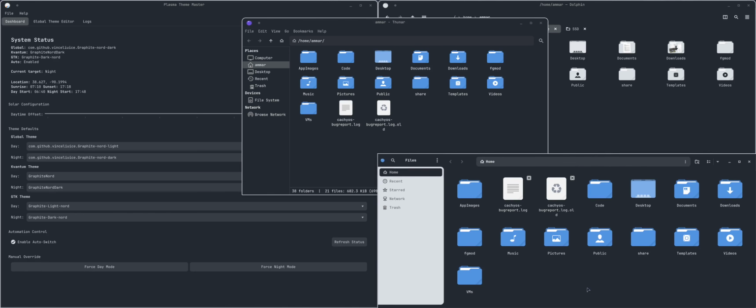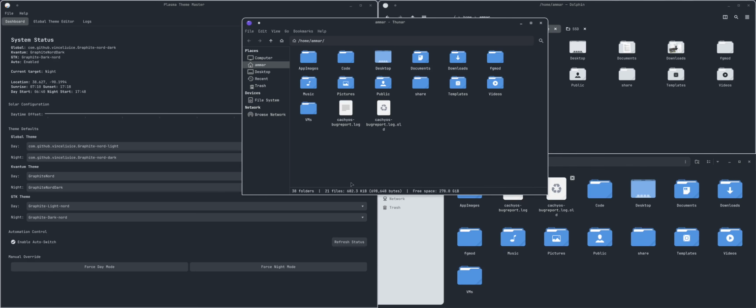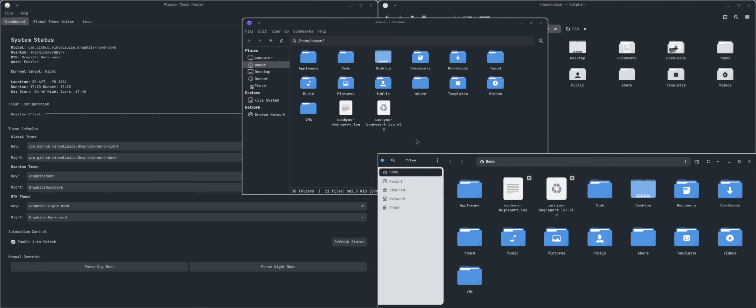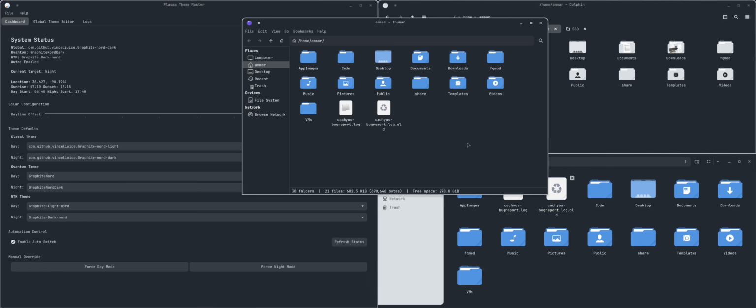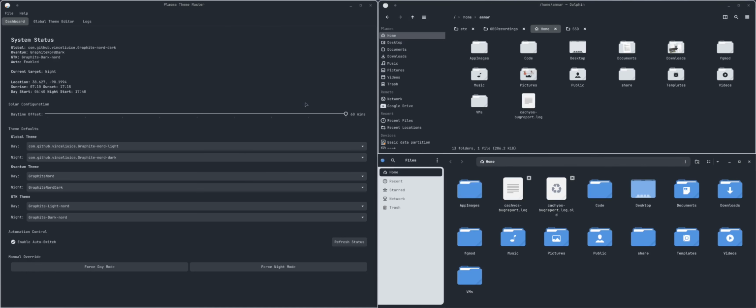How I got it to work on GTK4 is by using this amazing package. Currently it is, if I'm not mistaken, only available on Arch. It's called libadwaita without adwaita, and that basically just syncs GTK4 apps to whatever GTK3 theme you set, with the gsettings command. Alright, so now these levers right here, we can control them all, and this app basically